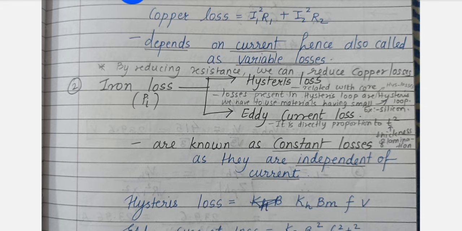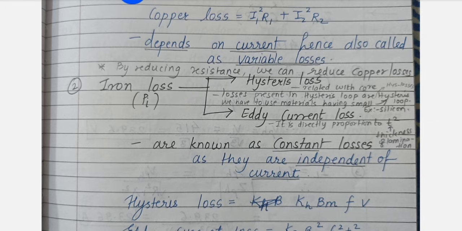Iron loss occurs in the transformer core due to the magnetic property of the material. As we are dealing with iron this time, it involves two components: hysteresis loss, that is energy loss due to magnetizing and demagnetizing the core, and eddy current loss, which is the energy lost as current circulates within the core. Hysteresis loss is influenced by the type of core material, while eddy current loss depends on the thickness and type of the core lamination.